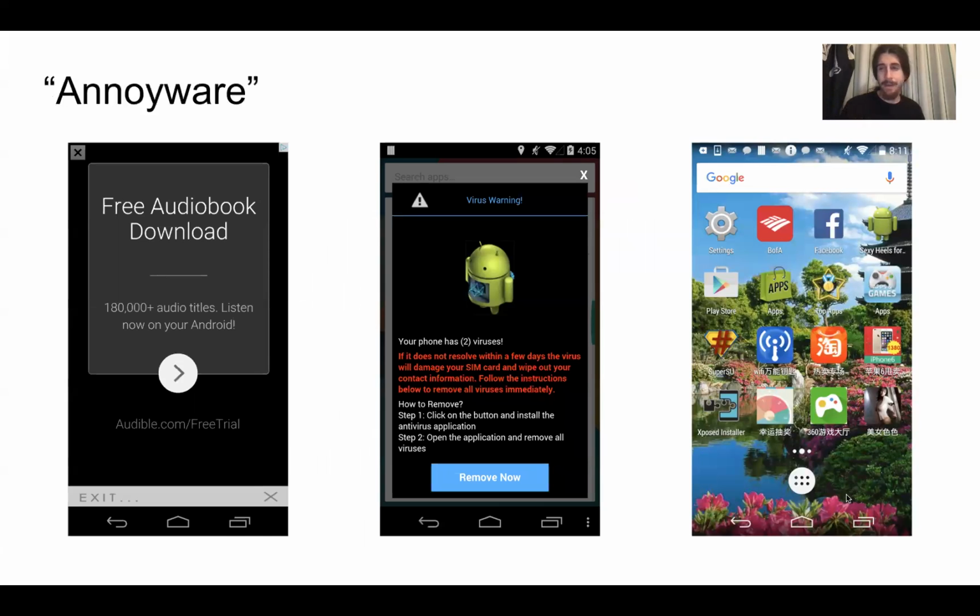And a while ago I was doing some research on this kind of behavior, and I framed it under the name annoyware. These are programs that are not necessarily malicious, but they really annoy the user. Some of these things were interesting. For example, check the first one on the left. This free audio download thing was a legitimate